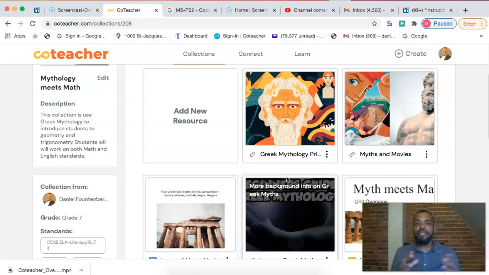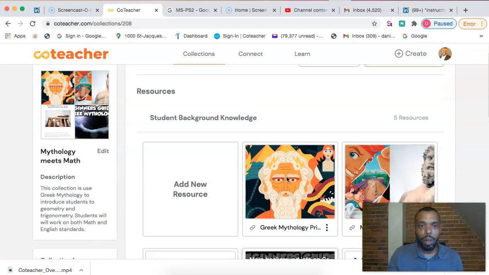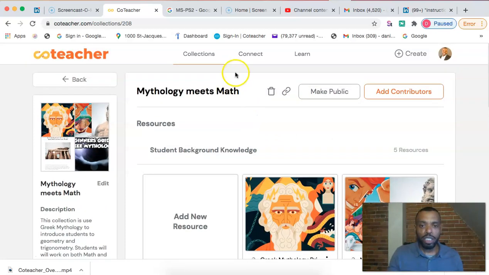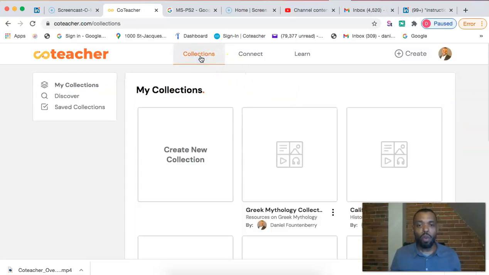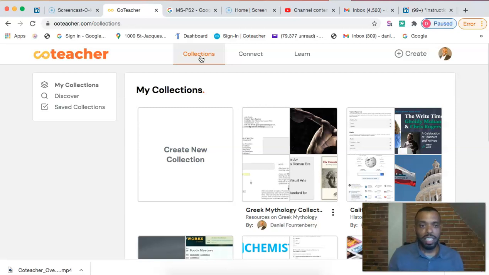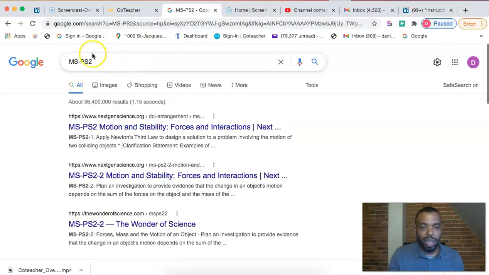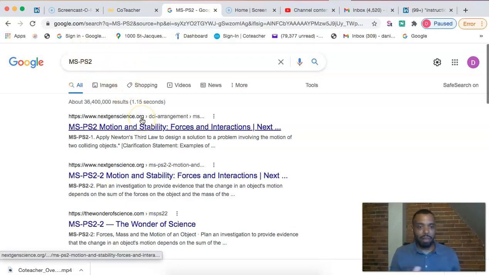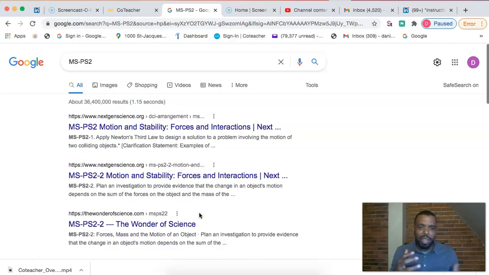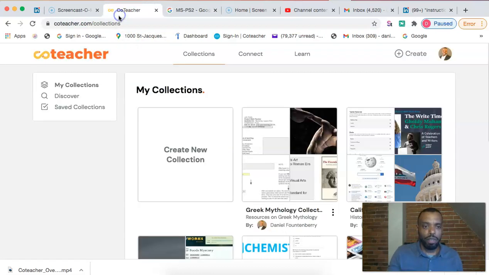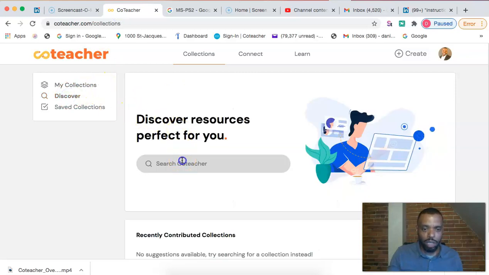Now, how do we find great things that other teachers in our department have done so we can build upon them? Let's just say, for example, that we wanted to find something on motion and force, standard MS-PS2. Now, I can search this in Google, and I'm going to get a lot of good stuff, but this is still stuff that teachers have to build upon. What I want to do is find what other teachers in my department or my district have done around this specific standard. So if I were to do a search in CoTeacher,